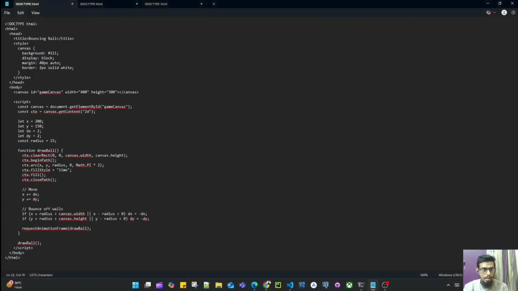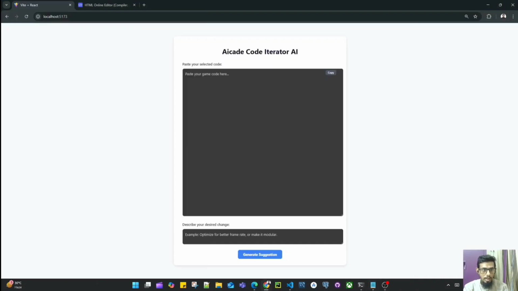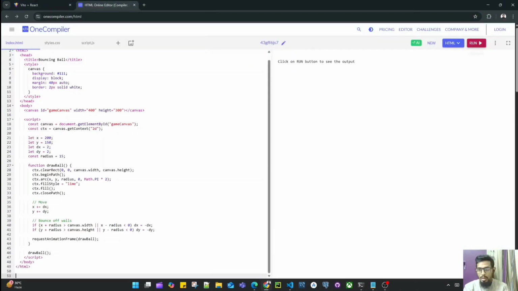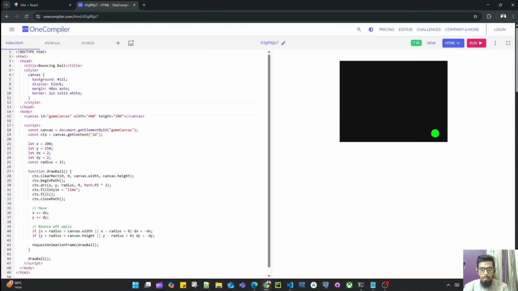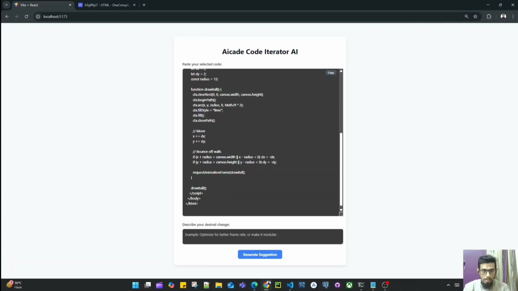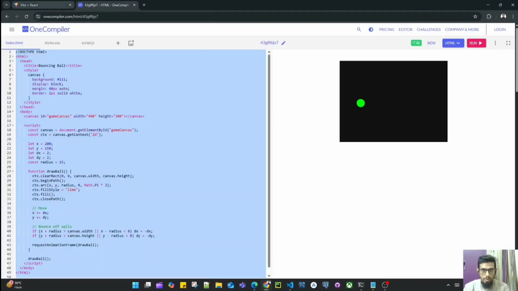Okay, so we have this code here. We'll copy this and I'll run this code for you. Okay, so this is just a green ball moving inside the square or rectangle. We'll try to use our AI and ask it to change the color of the ball and the speed of it. Okay, so I'll copy the code and paste it in the text area and give a prompt something like